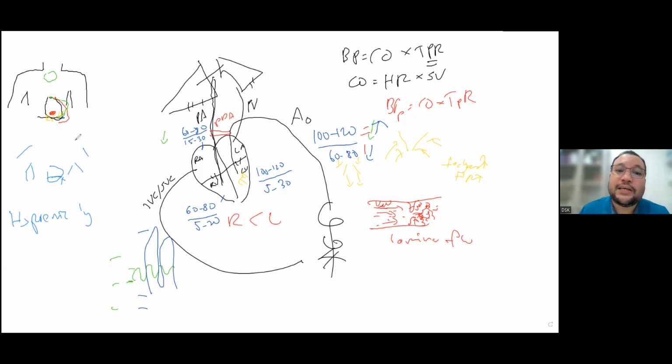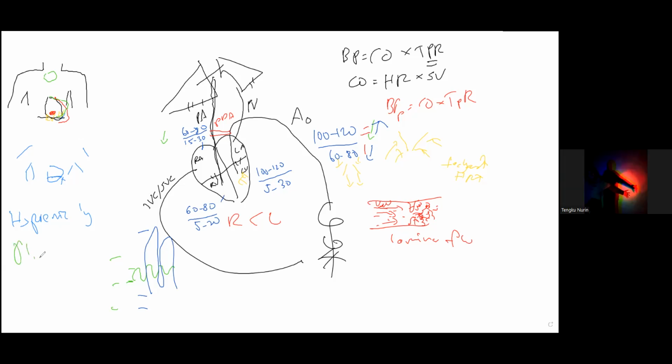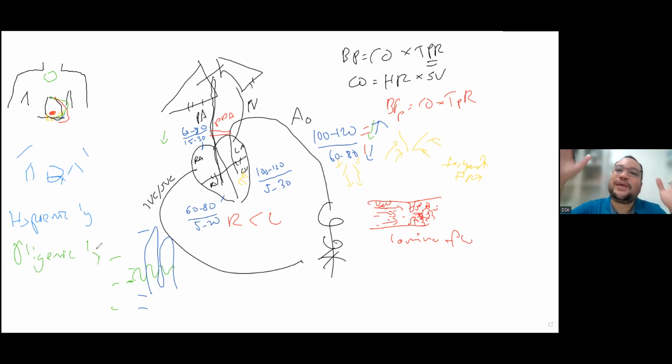Lepas tu satu lagi, sekarang ni fluid yang pergi ke lungs reduce. Reduce fluid pergi kat lung. So now what happens to your lungs? Your lungs, yang ni tadi hyperemic kan? Dia jadi apa? Oligemic. Oligemic lungs. Sebab tak banyak fluid pergi kat lungs. Sebab itu,